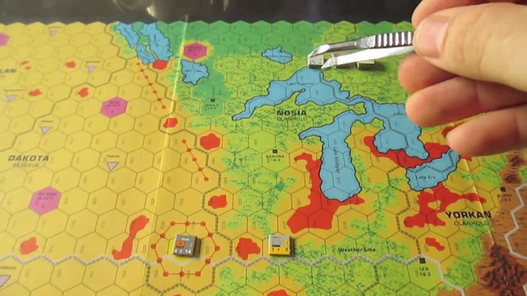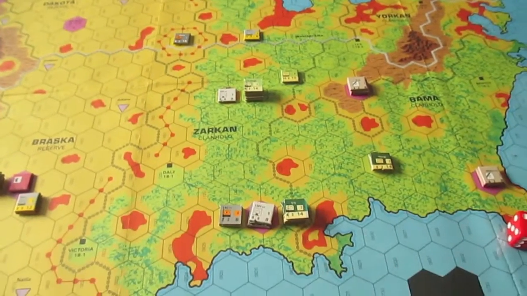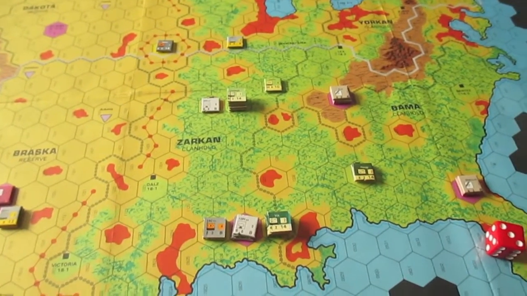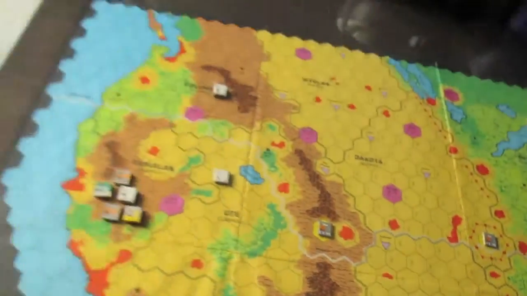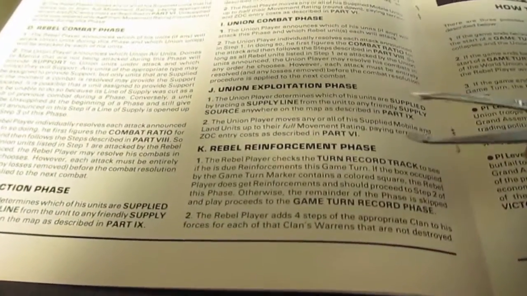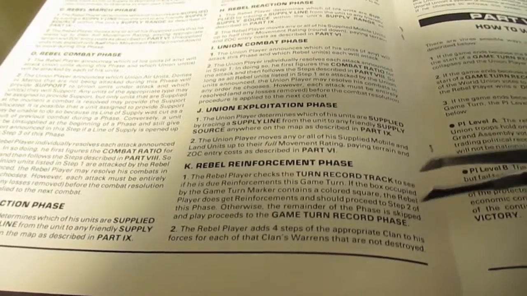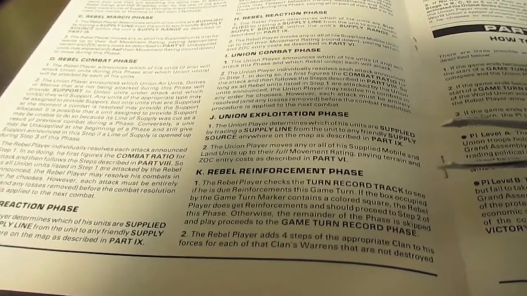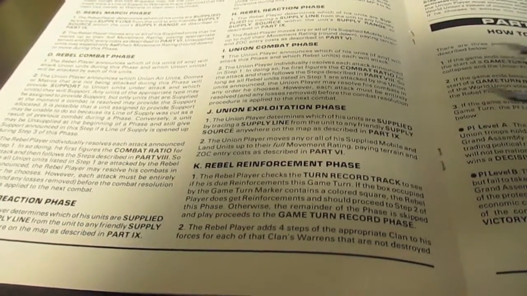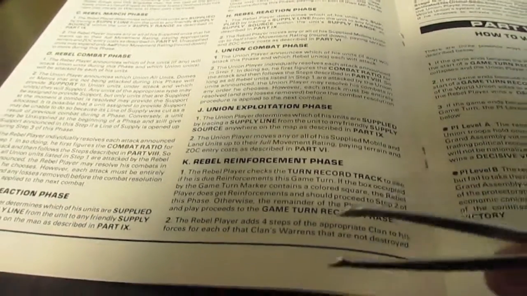Moved these guys up there, stacked those two air units. Did some tightening up around here, not too much really, but there you have it. So Rebel reinforcement phase, let's go and have a look together. I'm pretty sure it's as I said. The Rebel player checks the turn record track to see if he was due reinforcements this game turn. If the box occupied by the game turn marker contains a colored square, the Rebel player does get reinforcements and should proceed to step 2 of this phase. Otherwise, the remainder of the phase is skipped and play proceeds to the game turn record phase, which it skips,